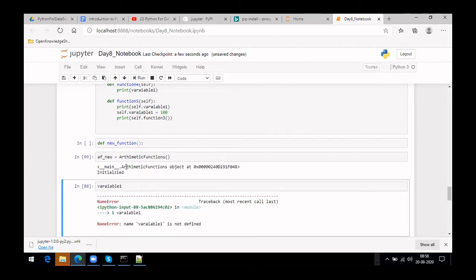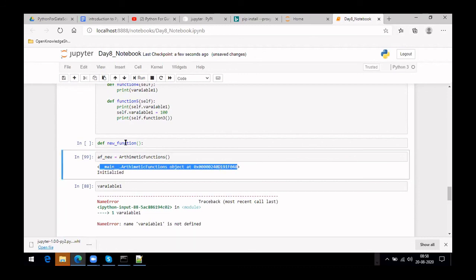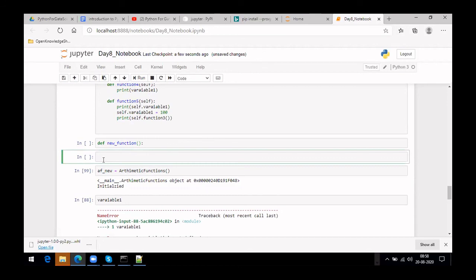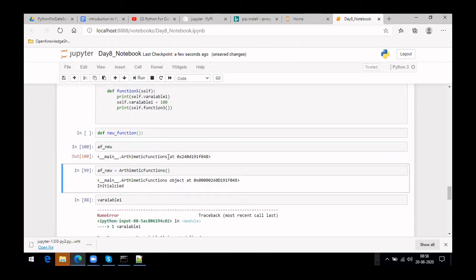If you see, while I'm printing self here, it is actually returning the class instance state. Even printing the new instance would give something similar. It's actually the same. If you see the address as well, it's the same address. So that self is actually that instance itself.